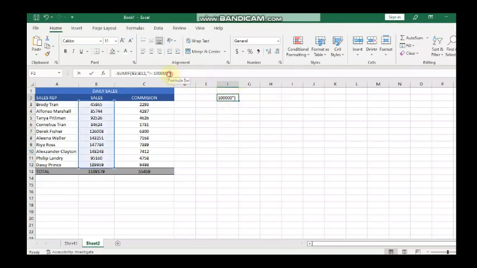But you see, in this formula, we actually have three arguments: range, criteria, and sum range. This sum range is not necessary if this is not what you want to sum. For example, I'm going to illustrate that one, but this is actually what I want to sum. I want to sum all the people that made sales of above 100,000. I want to sum their cumulative sales. So which means all the people that made sales of above 100,000 actually made sales of